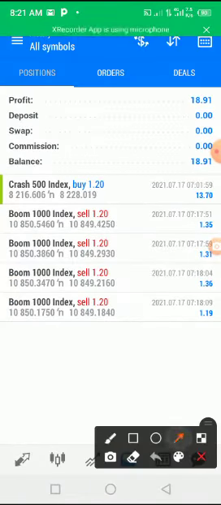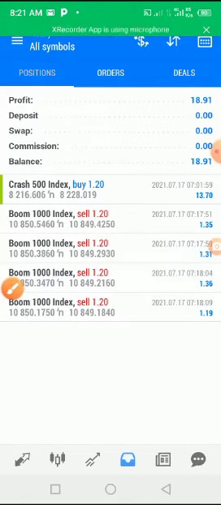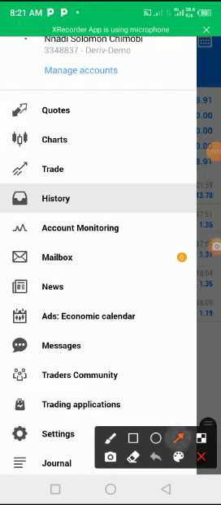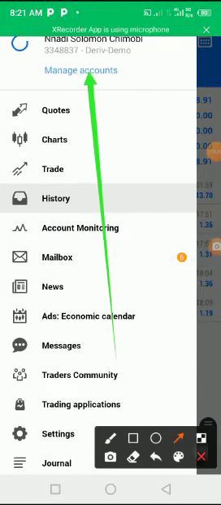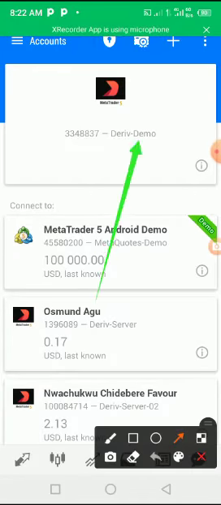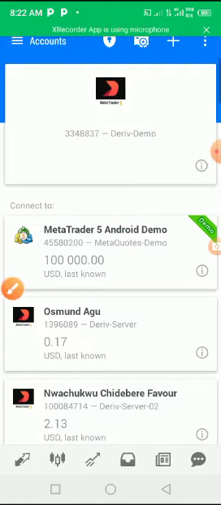How do we do it? We go to this menu, right? You know, that is the usual step. We go to that menu, right? So when we go to that menu, let me click on it. Then we click on what? Manage account. Look at it. I will click on it, manage account. So when you click on manage account, you click on this plus sign. Look at the plus sign there. So I will click on it.